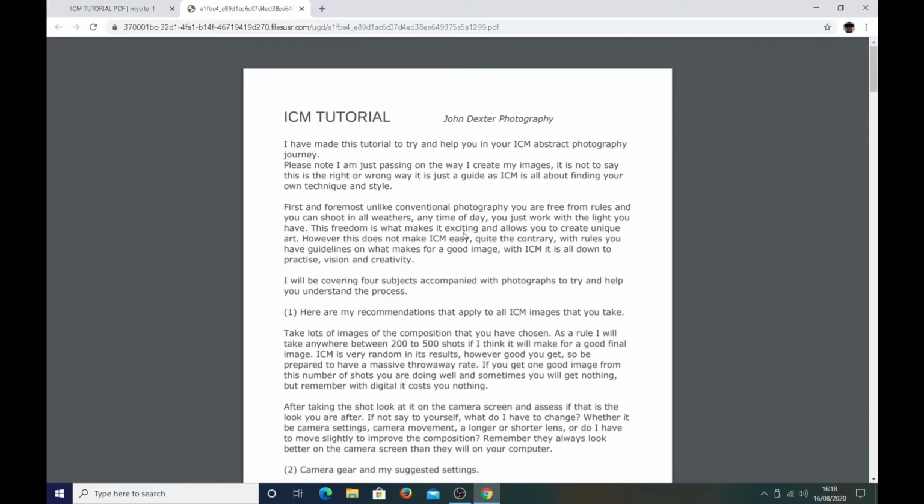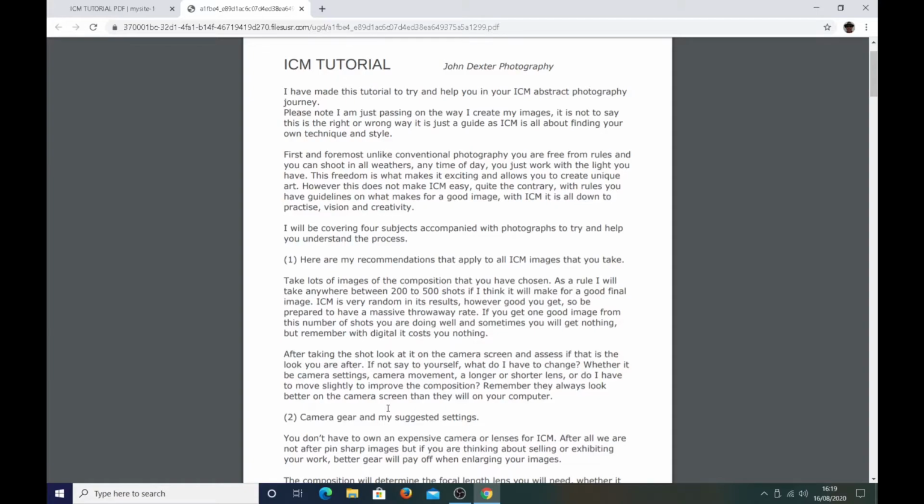Now it's actually split up into 4 sections. The first, introduction, is basically just telling you what ICM is to me, and I must say that this is the way that I produce my images. It's not to say it's the right or wrong way, so just bear that in mind, that it is just a guide. My recommendations that apply to all my ICM images, and then we go down to camera